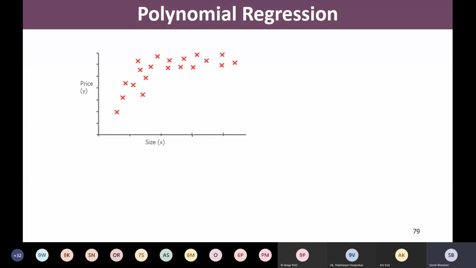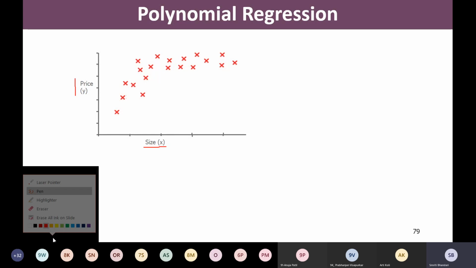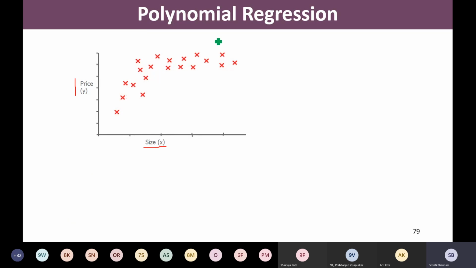So let us once again see the example. We have one feature, that is size, and we are predicting price. These are the samples in our training data set. Just look at the samples in our training data set. Right now what I know is linear regression. So if I come up with a hypothesis maybe like this, right, which is a line.